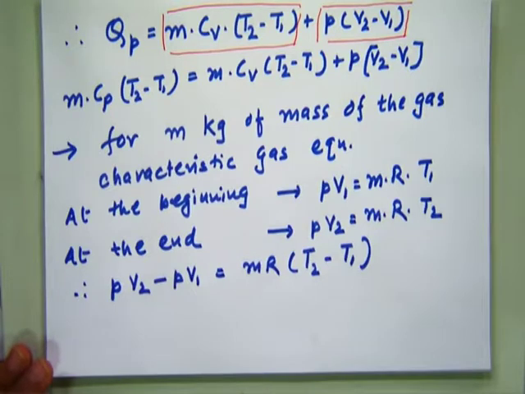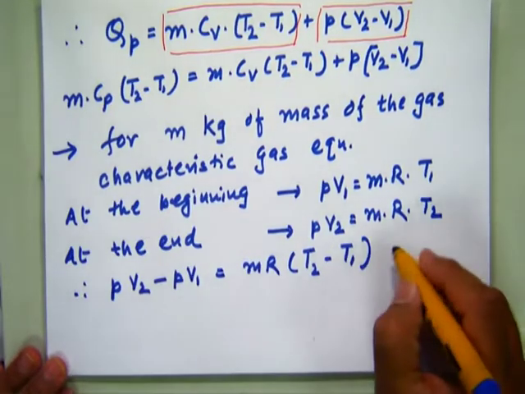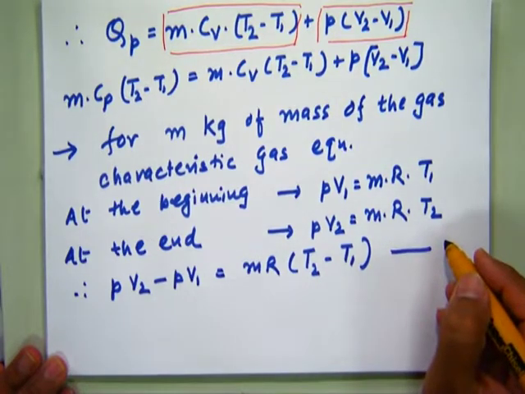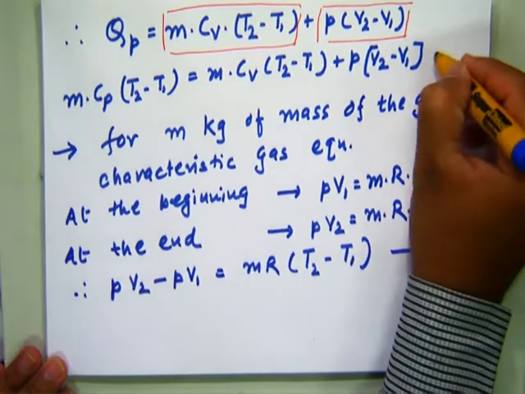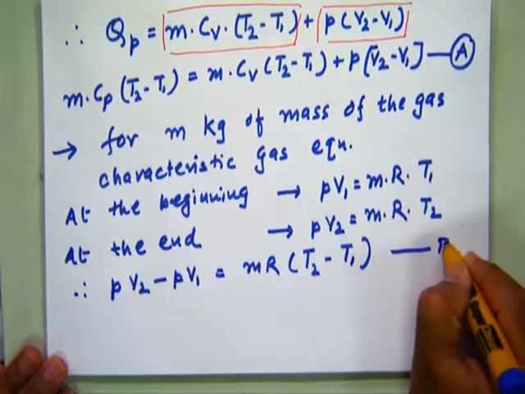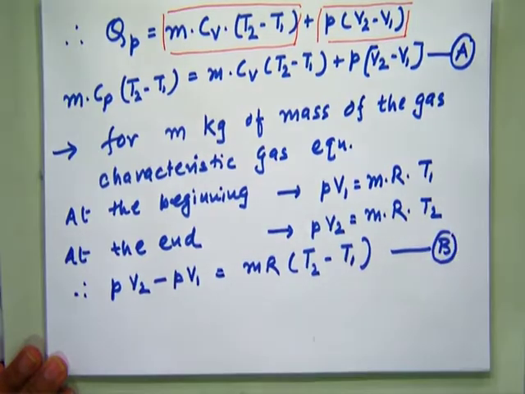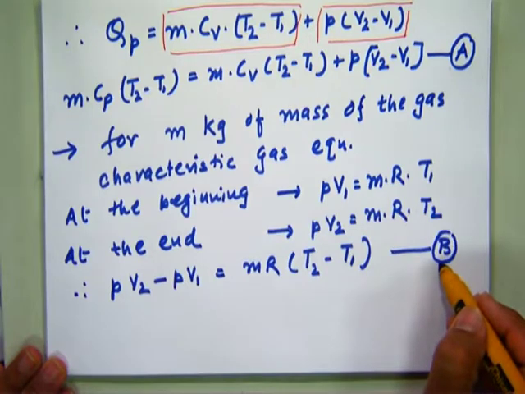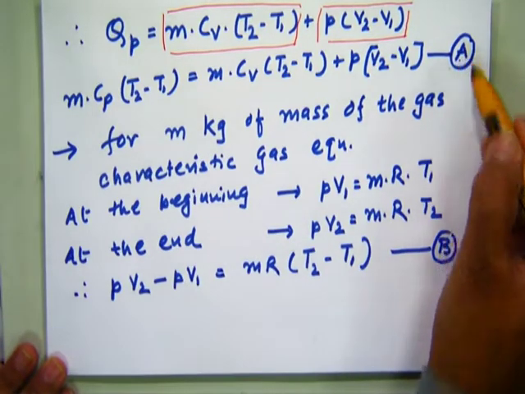So one is this equation and another is that equation. Let us say this is equation A and this is equation B. So from equations A and B,